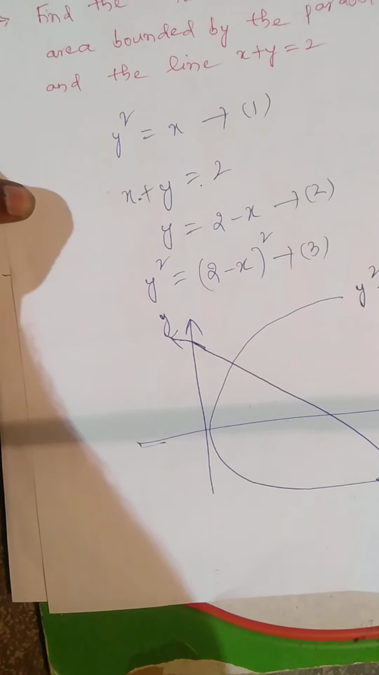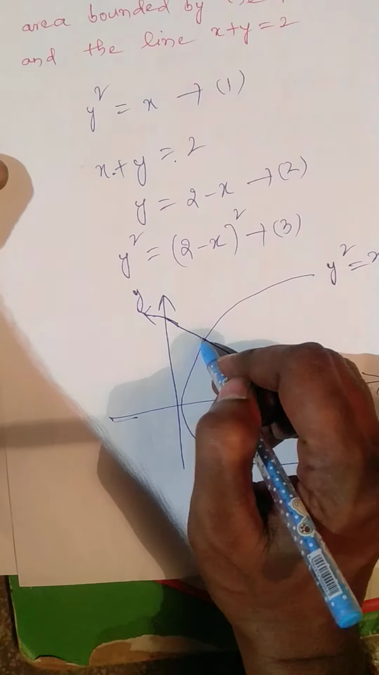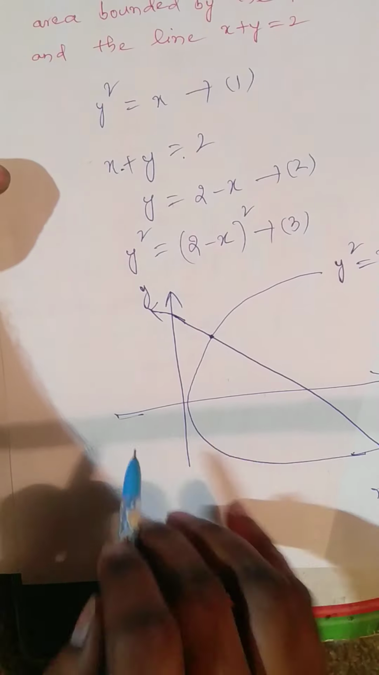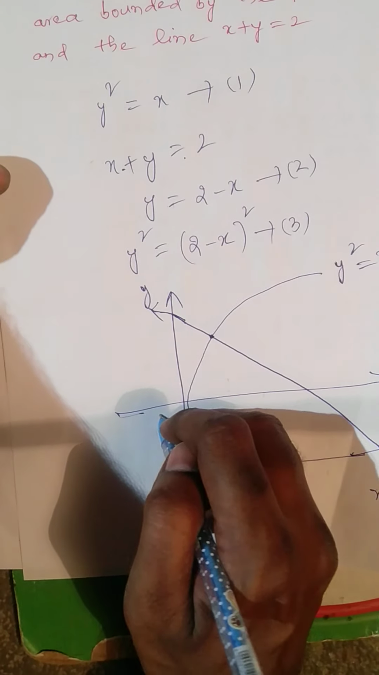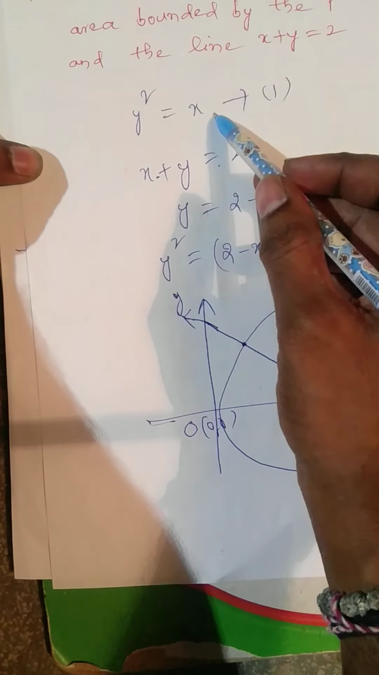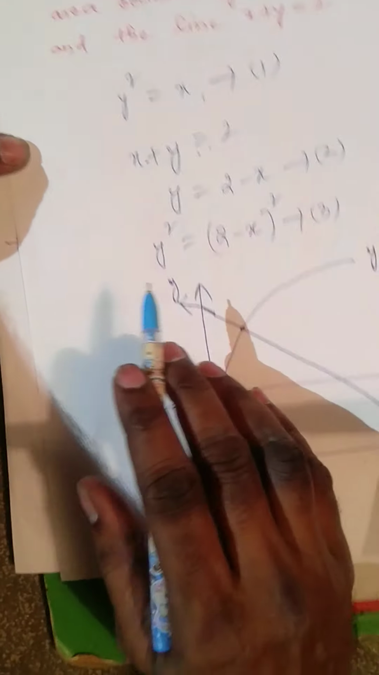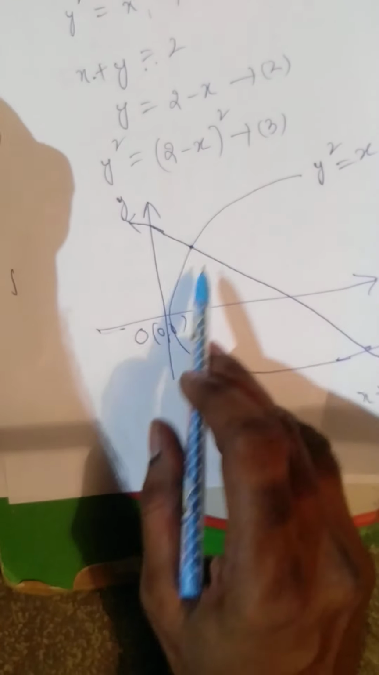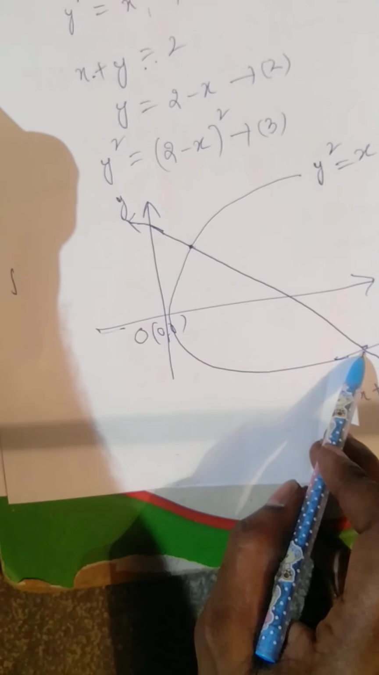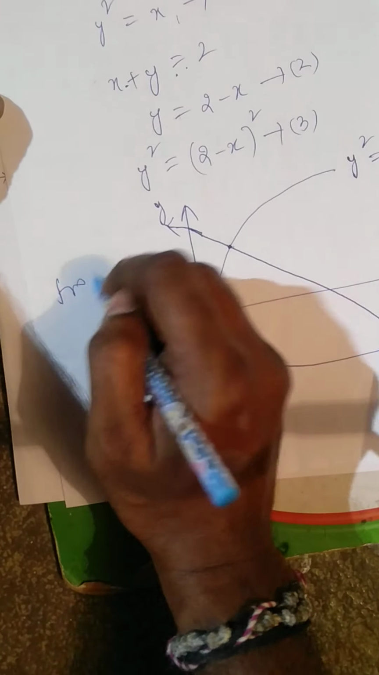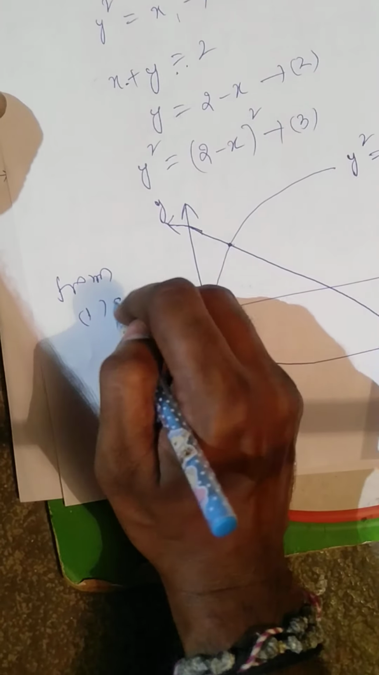Now here we are supposed to find the point of intersection of this parabola and line. So how will we get this point of intersection of the parabola and a straight line? This is the origin point, 0 comma 0. The point of intersection is obtained by solving both the equations. If you solve equation 1 and 2, you will get the point of intersection of the parabola and the straight line. So from equation 1 and 3,